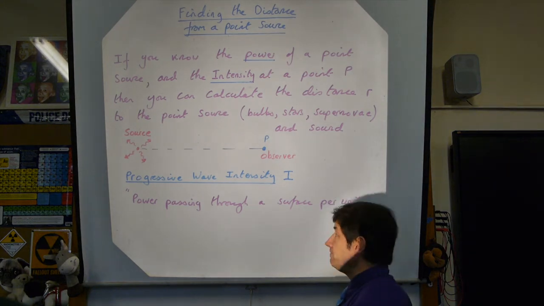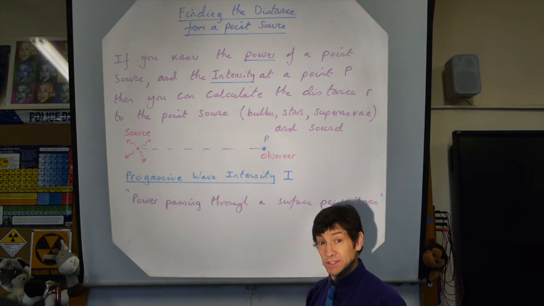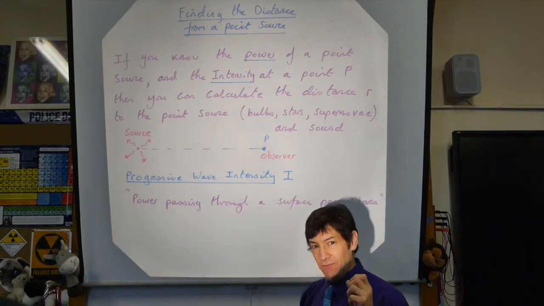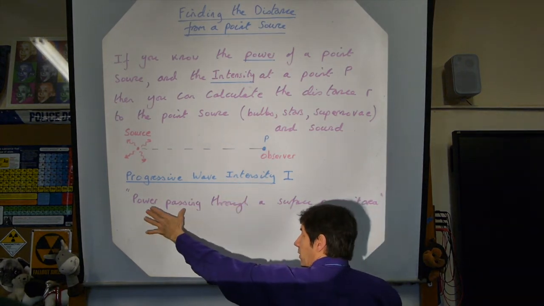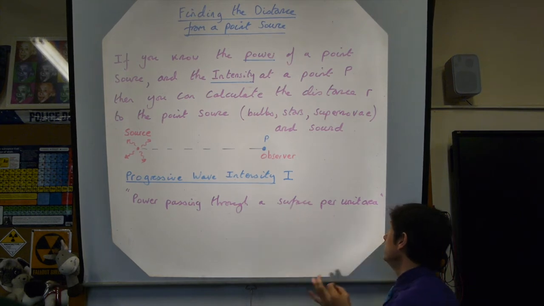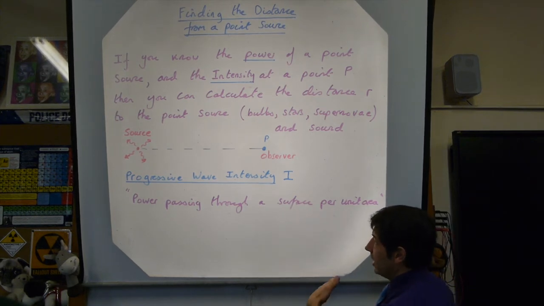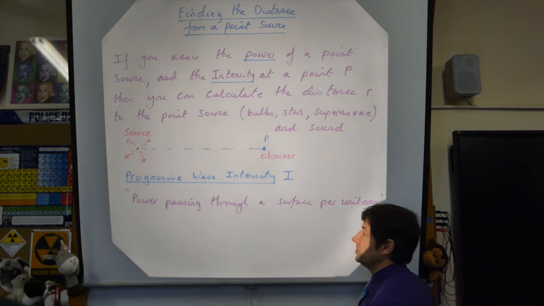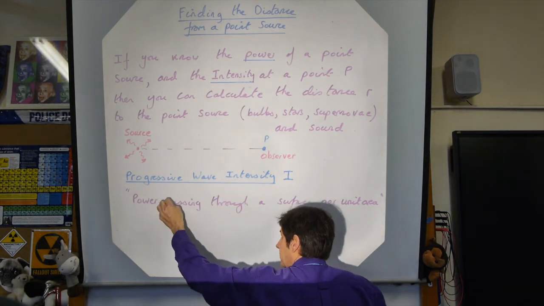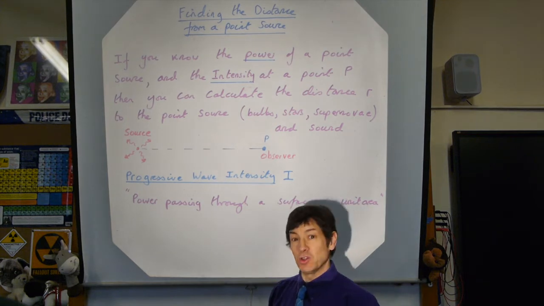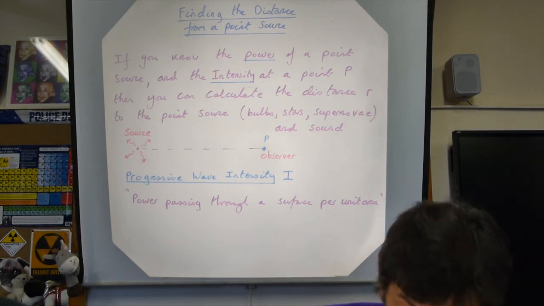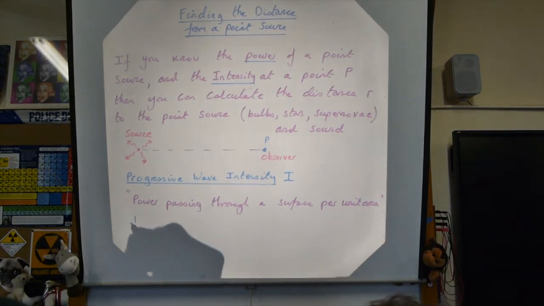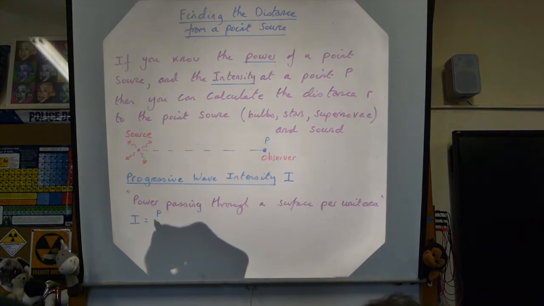Okay, so let's have a definition, and remember that definitions do not have units in them. Okay, it's just kind of words. If you remember, it allows you to use any units you like. So we're going to define the progressive wave intensity as the power passing through a surface per unit area. Okay, so I haven't used any units there because we could be working in inches squared or feet squared or what have you. But of course, in SI units, it's the number of joules per second passing through every metre squared of surface area where we're making our measurement. So, in other words, we can write that down as a formula. I, the intensity, is the power passing through